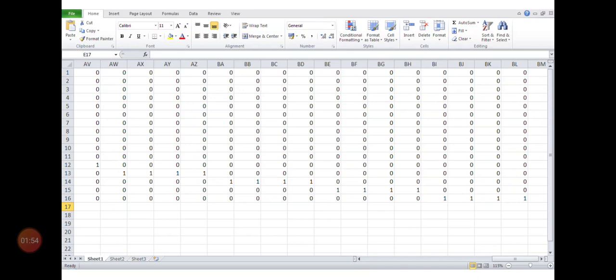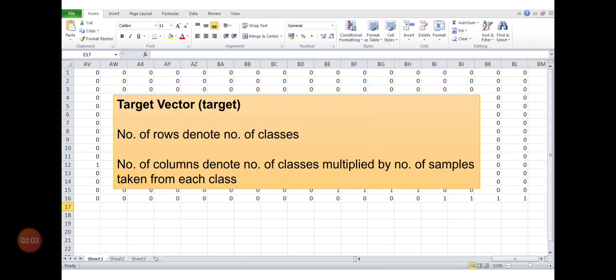One sample cannot belong to more than one class, so all the other rows in that column will be 0. For our example, the target vector is named target and it's in Excel format as well. Here the number of rows should denote the number of classes, and the number of columns denotes the number of classes multiplied by the number of samples taken from each class.